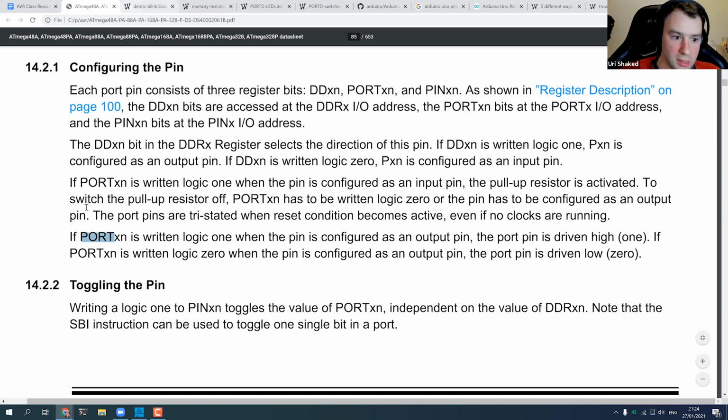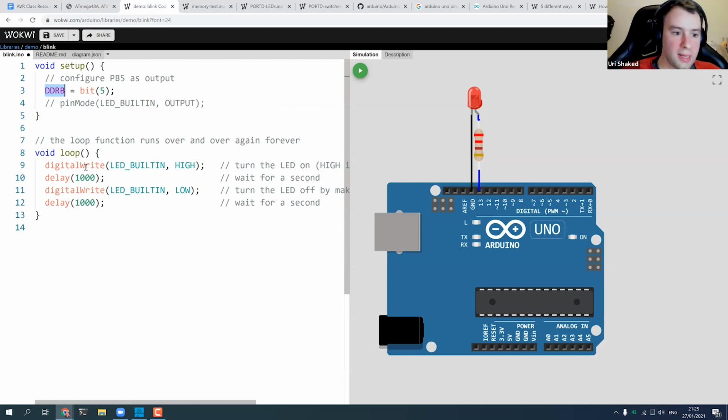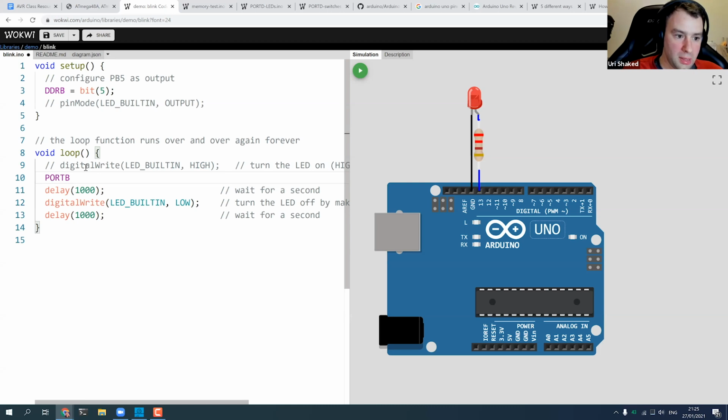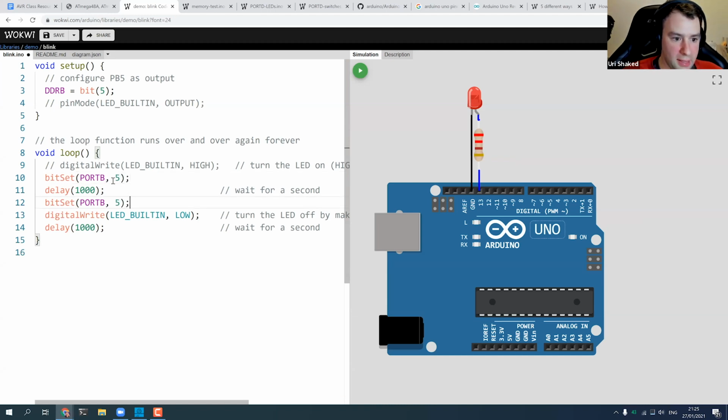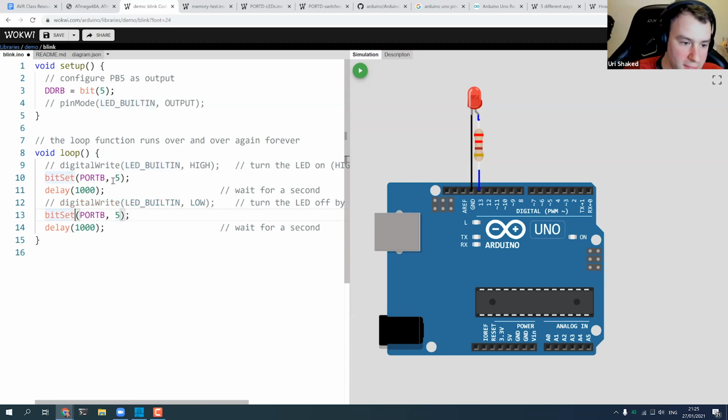So basically, we just need to toggle this port register. So instead of this, we can write PORTB. So bit set, we want to set bit number 5. And then to toggle it low, we would just clear that bit, unset it. And again, these are just helper macros. And we can see that we get the same behavior.